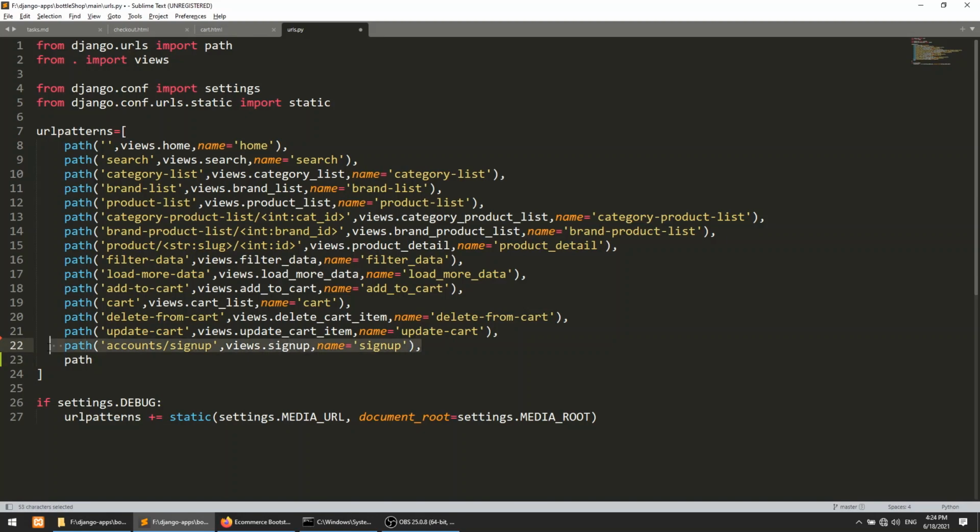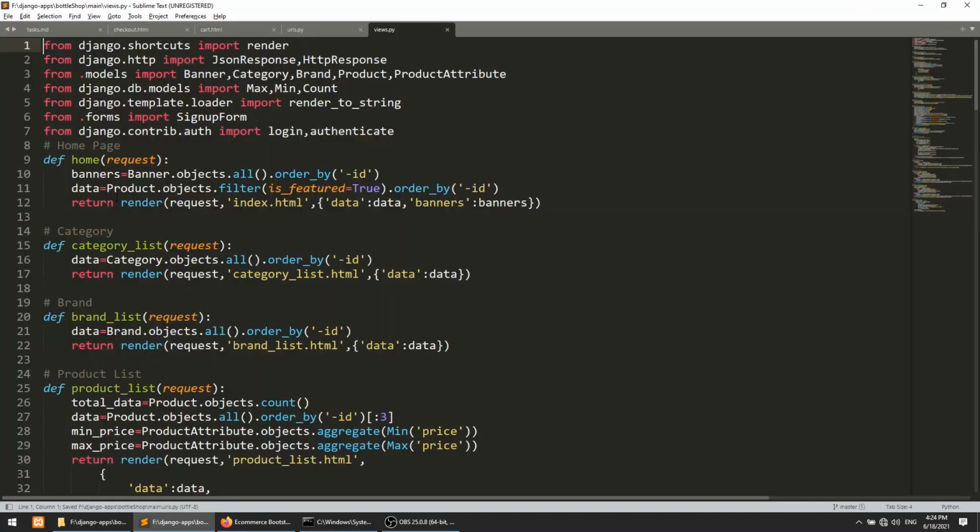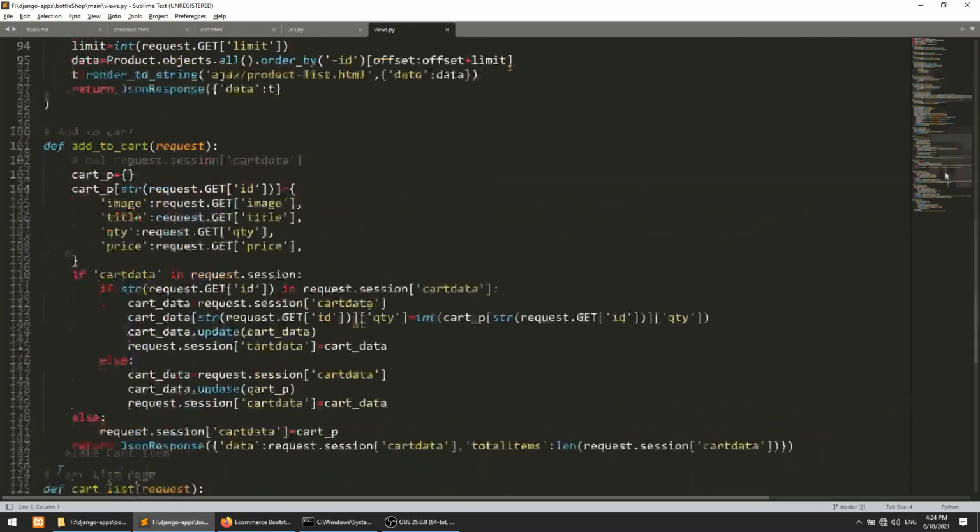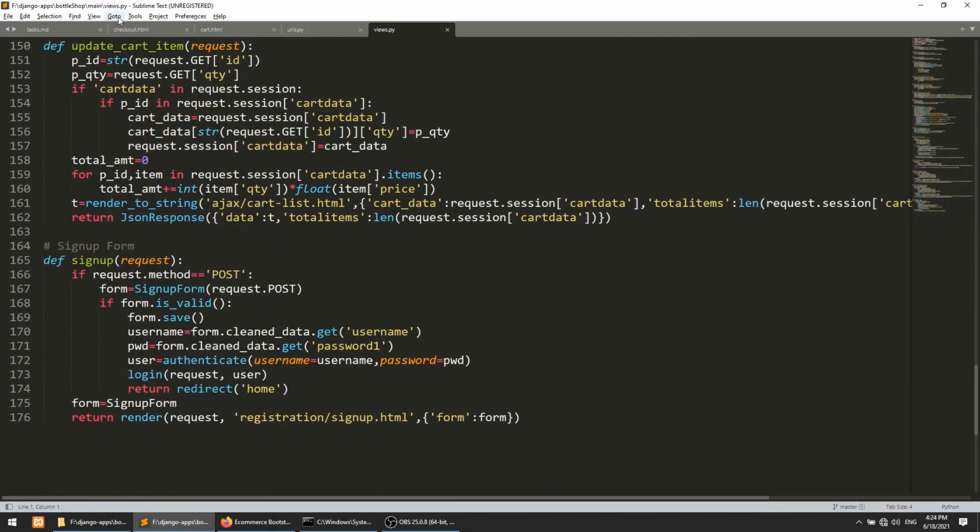I'll copy this, and now I will change this to checkout, and here checkout. Okay, and now we will create the view in which we will render the checkout HTML file.